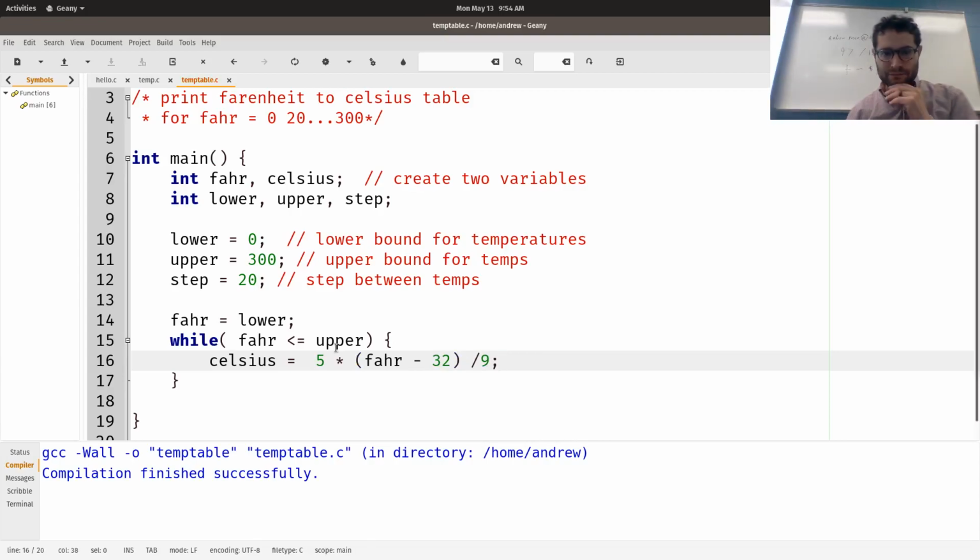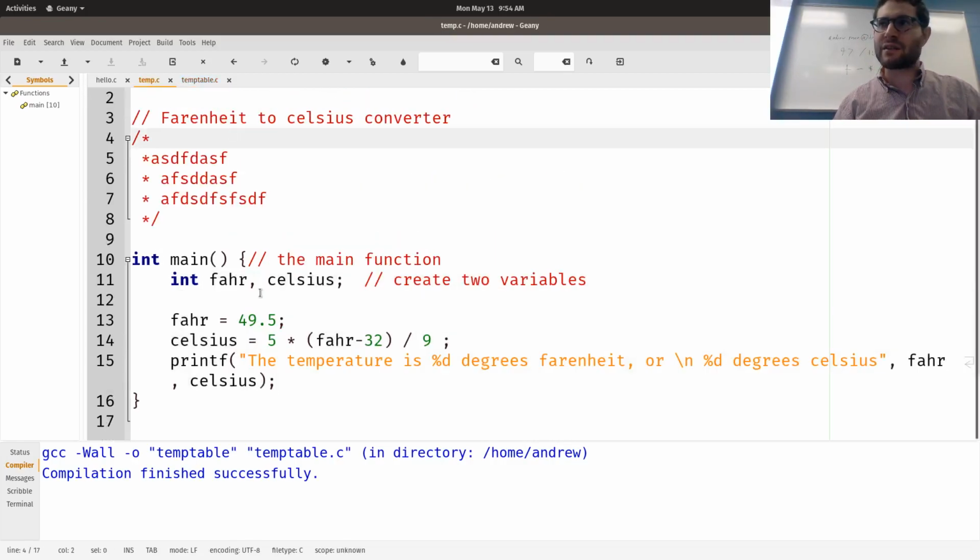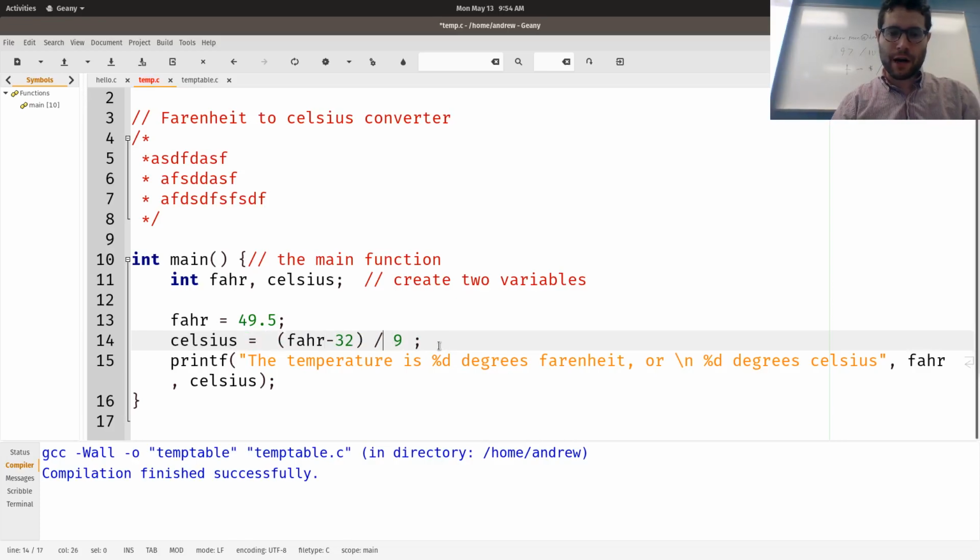Now let's just pause here for a second because you might be wondering why. I'm going to go back here for a second. Don't bother, you don't have to change anything. I'm just going to show you something as an example. Why am I doing it in this order, Fahrenheit minus 32 times 5/9? Why don't I do it like this: Fahrenheit times 5 divided by 9?